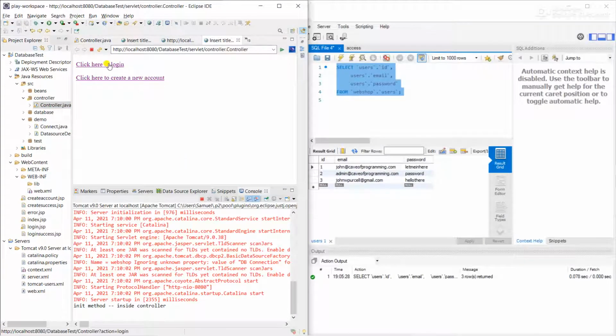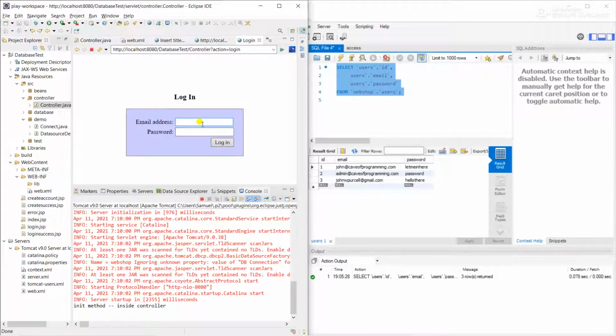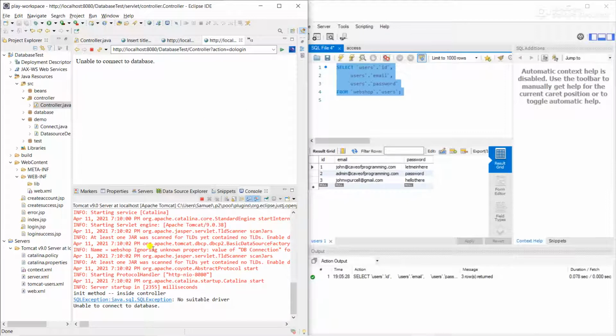Okay, let's log in. So good. This is no suitable driver. No suitable driver. So this is a good